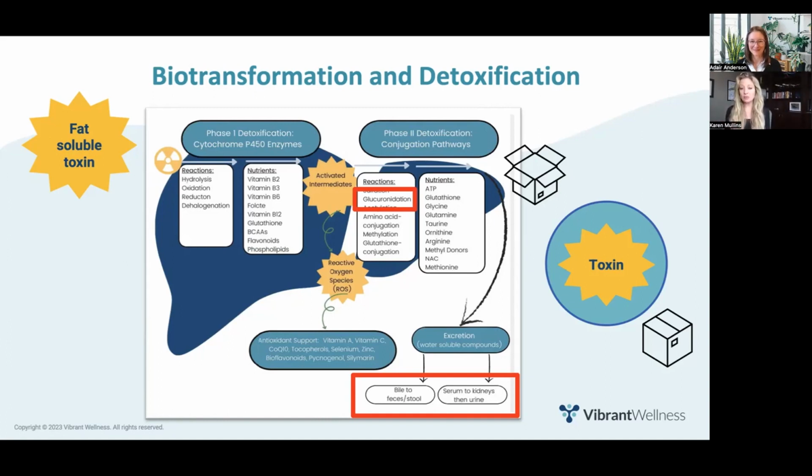Now, it can absolutely be supportive, but my point is just that many of us don't even naturally have adequate amounts of glutathione to do the job adequately. So with exposure to all these chemicals, the cup just overfloweth, and eventually it reaches the tipping point, and the tipping point is illness, or at least unwanted symptoms, like fatigue, fibromyalgia, any sort of inflammatory issues,